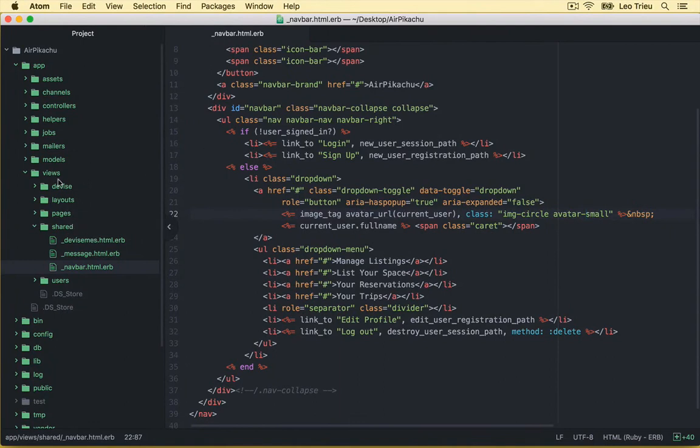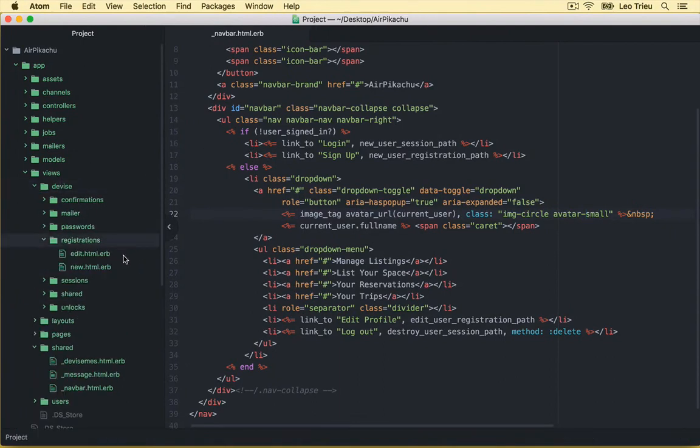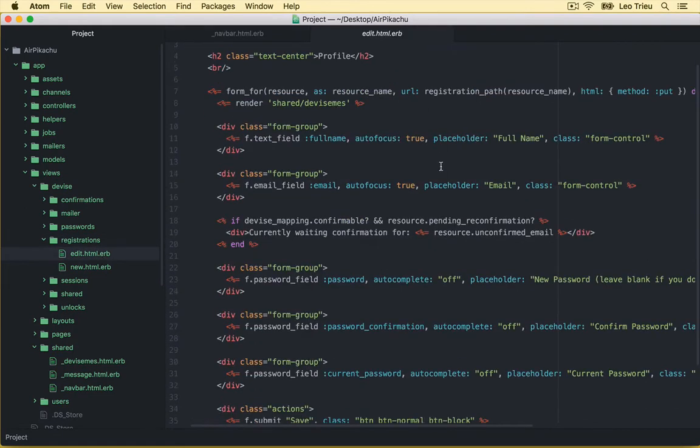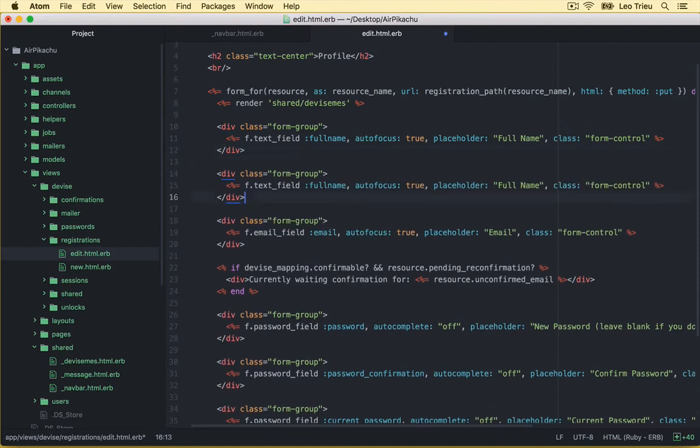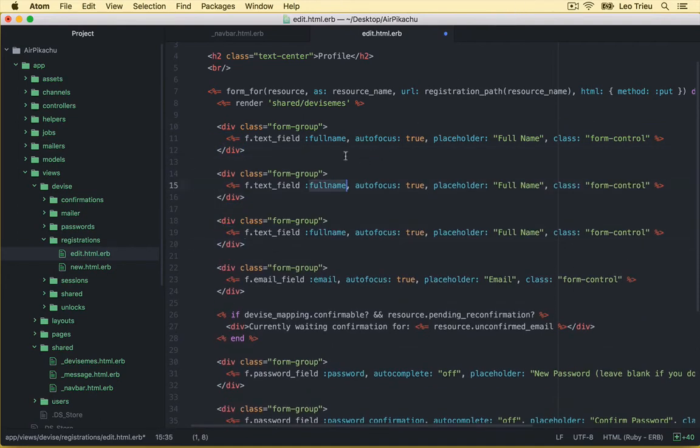So open views, devise, registrations, edit.html.erb. So here, I'm going to copy this one, copy, paste, two. All right, and this one is going to be phone number. We change this one to phone number, and this one is description. Description. All right, while this one actually is going to be a text area,